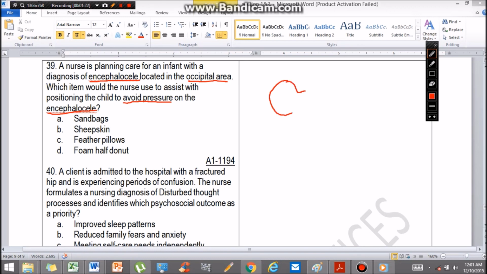There is a protruding part of the central nervous system at the back of your client. So, to avoid pressure here, you need to use letter D, your foam half donut. If you have seen some pillows that look like this, this is an example of a foam half donut. You put this here so that this will prevent pressure on that area. Next,